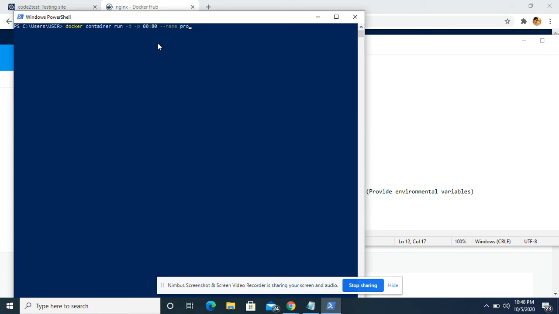I'll name it proxy. After that I want to run the image for Nginx, which is a web server. You see that it has created an ID, displayed over here. Let's check whether it is up or not.